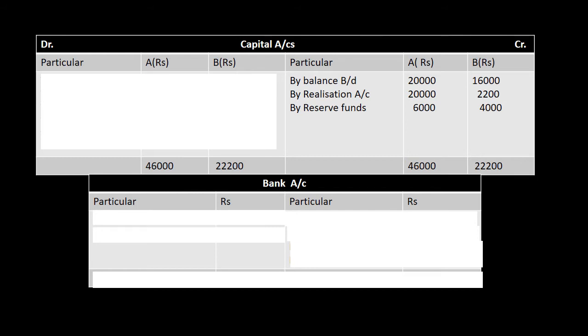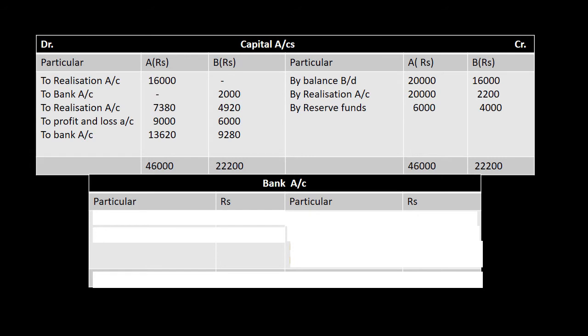The thing which we have to give to the partner, that is 20,000 to A and 2200 to B. That 20,000 is given to A in respect of his wife's loan, and 2200 was given to B for dissolution expenses. Now reserve fund is also increasing their capital, that is of rupees 6,000 and 4,000. When we distribute that reserve of 10,000 in their profit sharing ratio of 3:2, after distribution it comes 6,000 and 4,000. Now after giving necessary things to the dissolving partners, we will start taking charges from them.